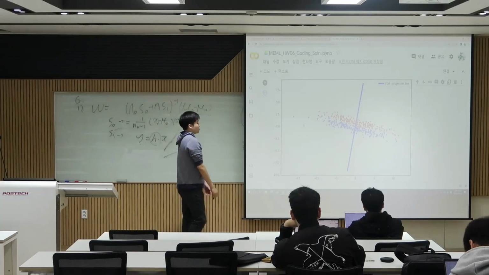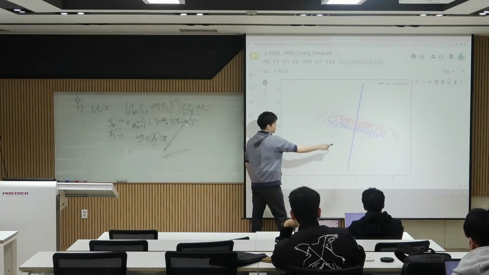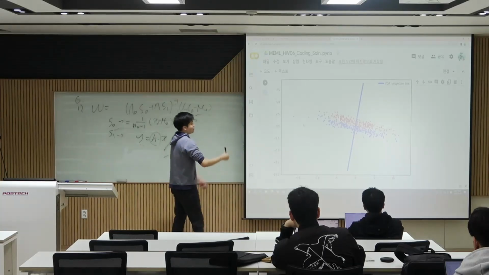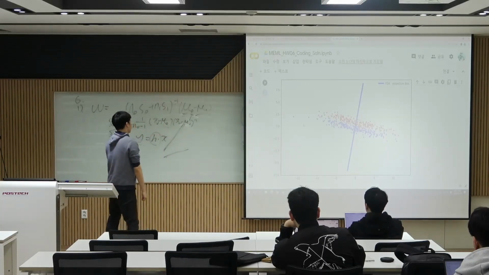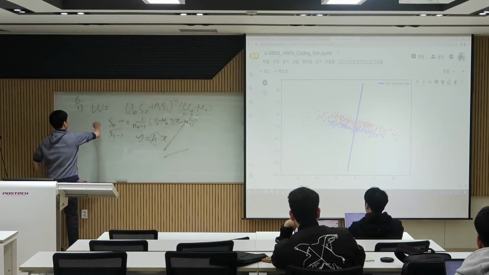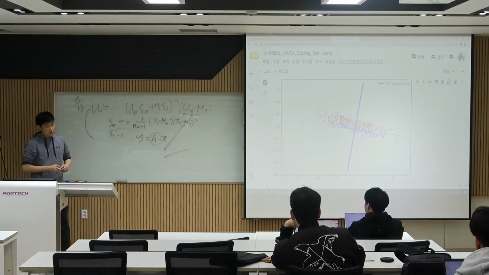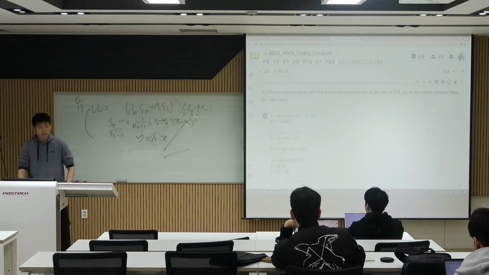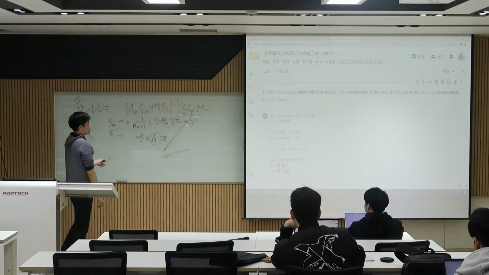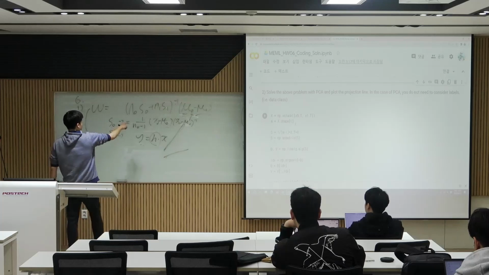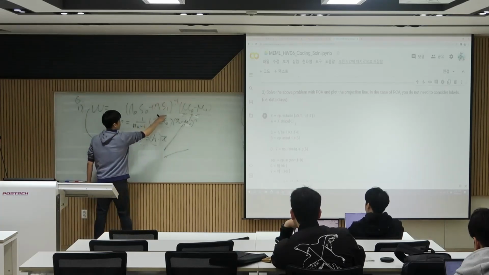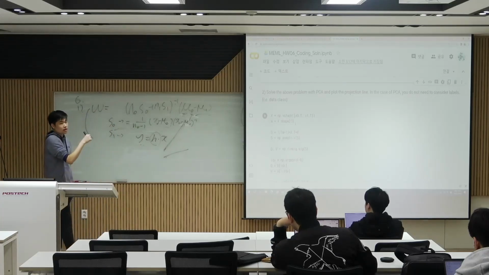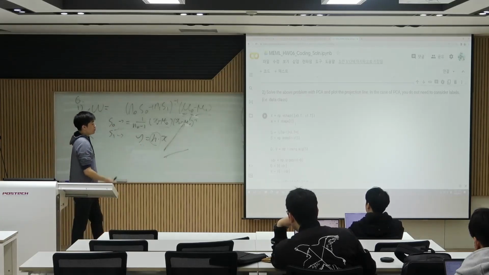So we can just first group these two classes and use them separately for the FDA analysis by using this kind of equation. Okay. Now the second part goes into the PCA, and PCA is quite different from FDA. So in FDA, we can use the labels clearly mentioned in our data. However, in PCA, we cannot consider this kind of label. So we're gonna just